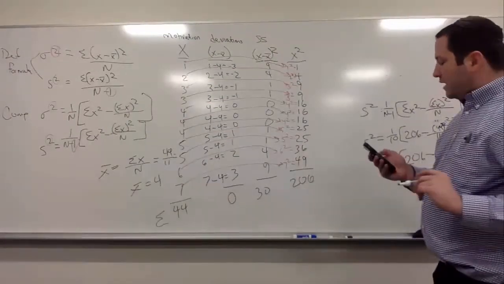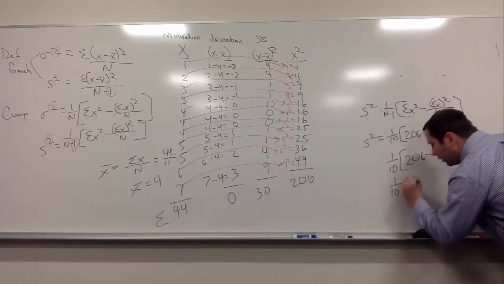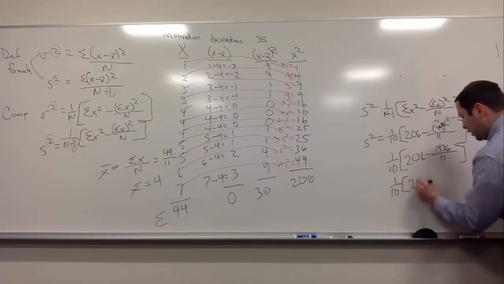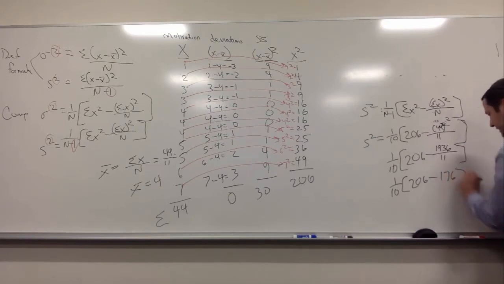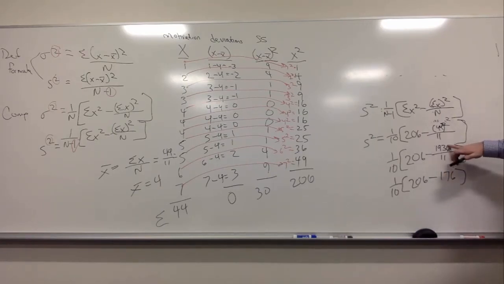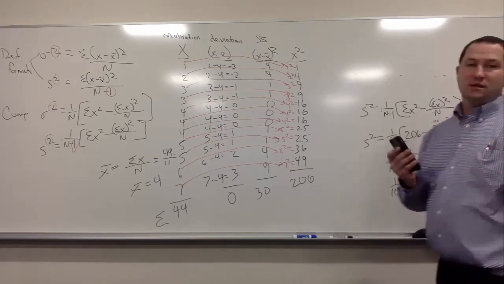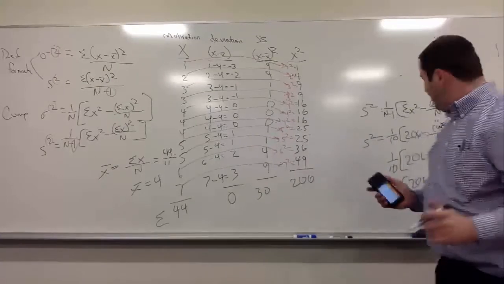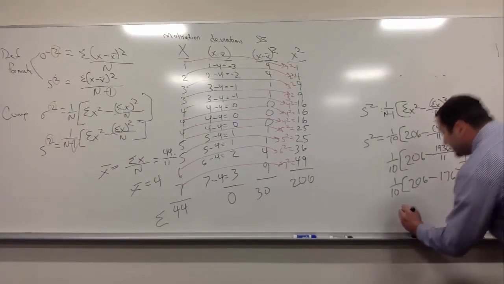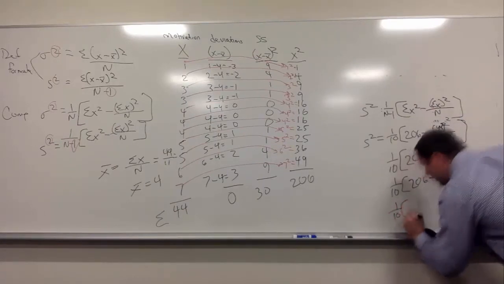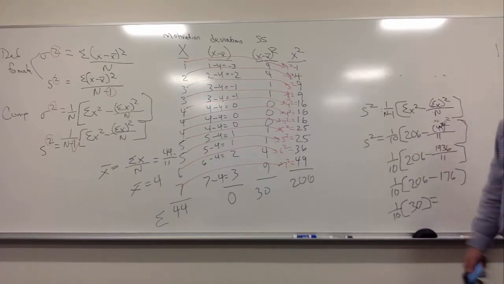So let's do that. 1936 divided by 11, we get 176. And just keeping your notes, you will see that if you play it back, 206 minus 176 is 30, and 1/10 times 30, and 1/10 of 30 is